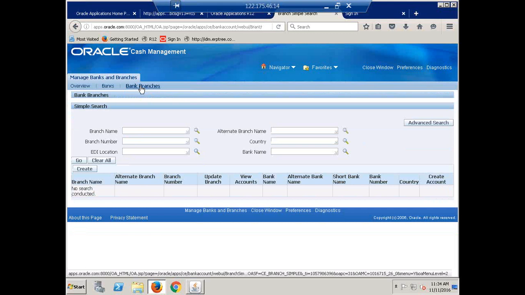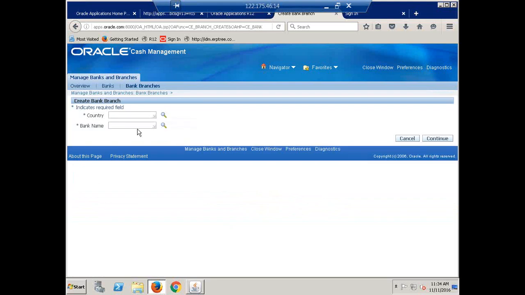Click on bank branches. Now click on create. Okay, bank branches, then click on create. So what is the branch you are going to create? The branch belongs to which bank? The bank belongs to which country? Okay, country is India. Bank is